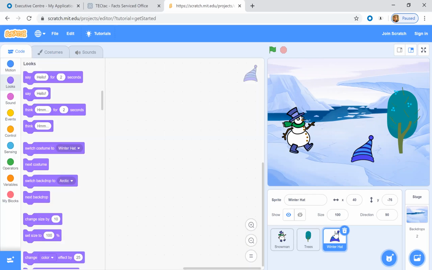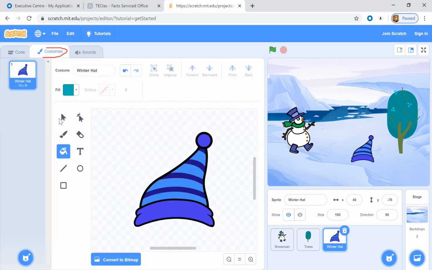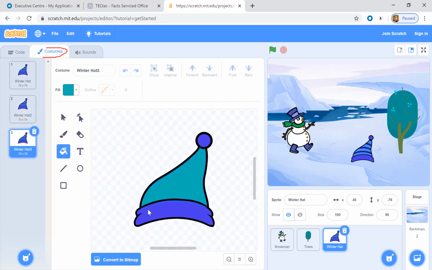Go back to costumes. Right click and duplicate, and do one more duplicate. Let's create 3 costumes, okay? And then change some colors for each one of these.